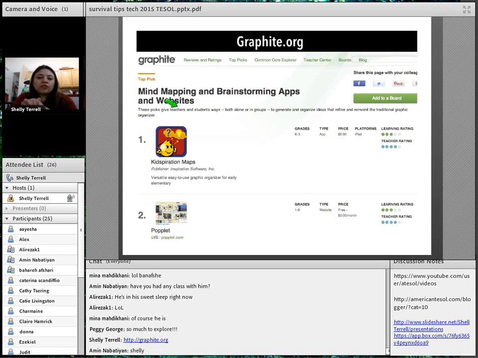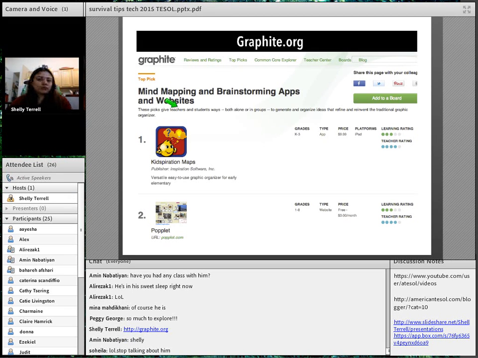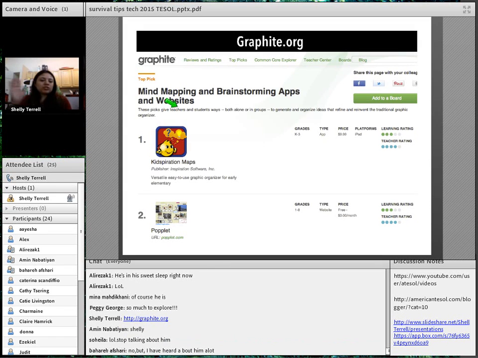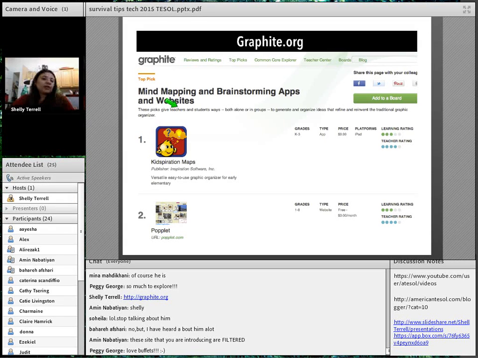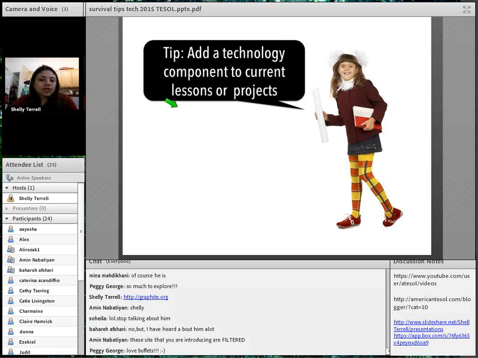You know when you have a plate of food, you can't eat everything, right? Because then you're going to have a full stomach, and you don't want to do that. So take two or three things, and then you can always come back and watch the recording and find out more and explore the bookmarks as well. So Graphite.org is the other one that does that. Another thing that we're doing